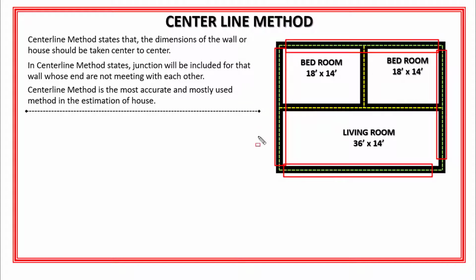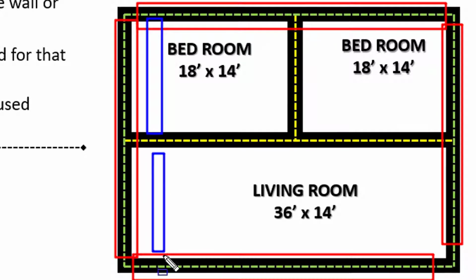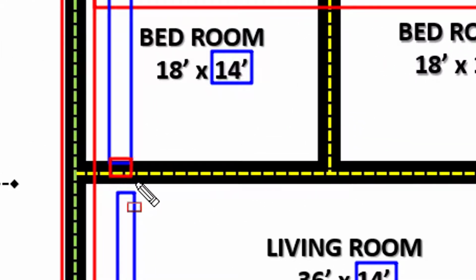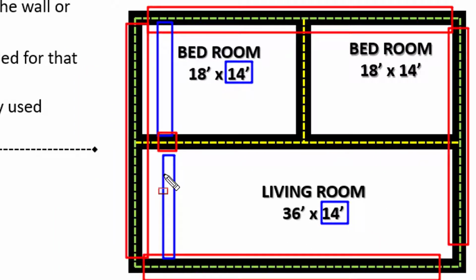Okay. So the length of this green center line is equal to the width of this room and the width of the living hall. So here the width of this room is 14 feet and the width of the living hall is also 14 feet. Then I have to add the thickness or width of this partition wall as well. And we know that the width of all walls that will be constructed in this particular house is 9 inches. So I will add the width of this partition wall to the length of the green center line.